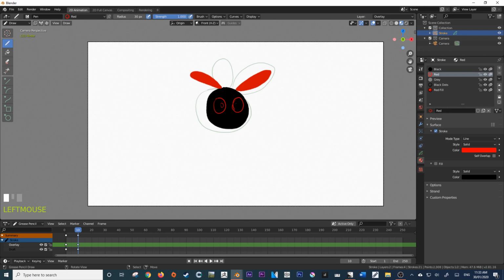And I'll just give him those stripes. There we go. So, you know, not an amazing... Oh, and I forgot his mouth. Of course. Let's get that little mouth in there. So we have essentially created the very basics of a turn.